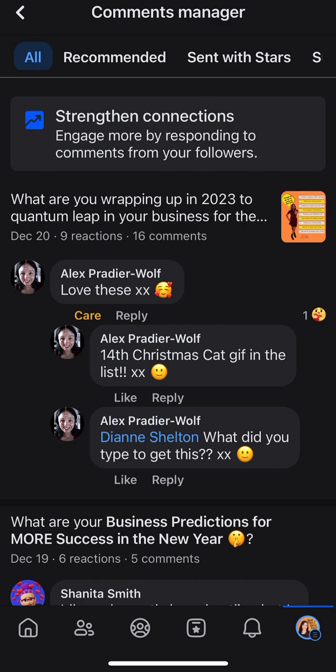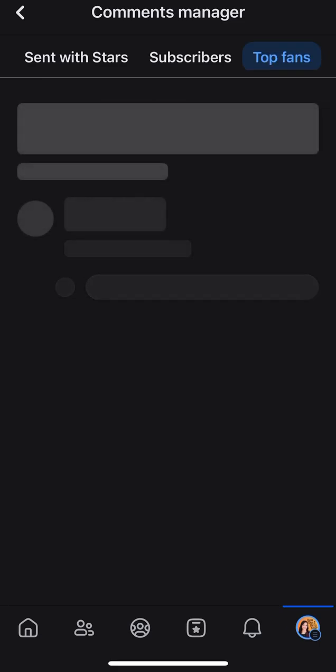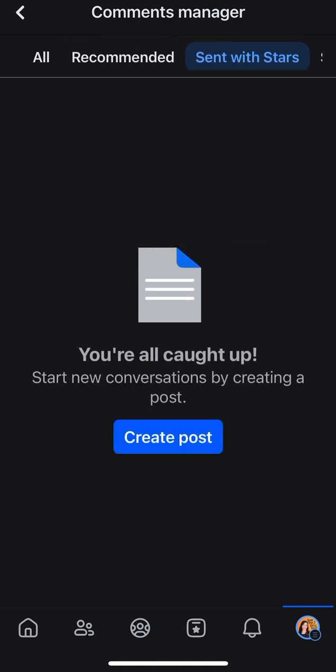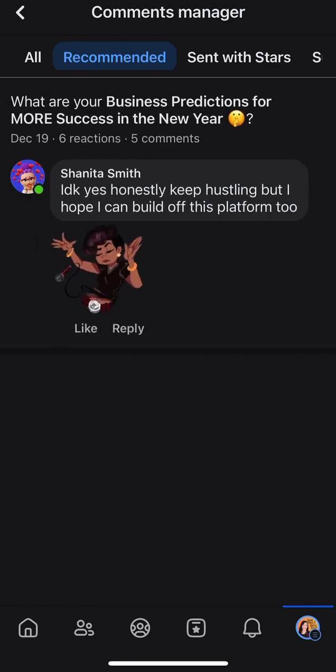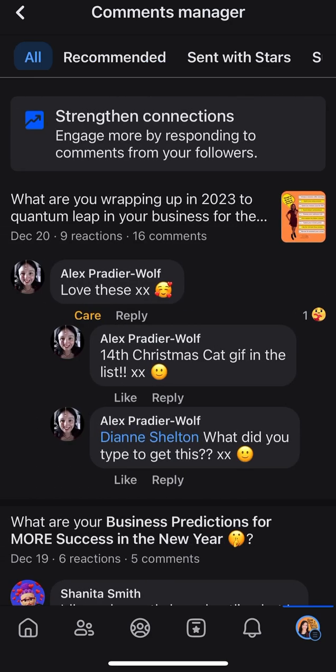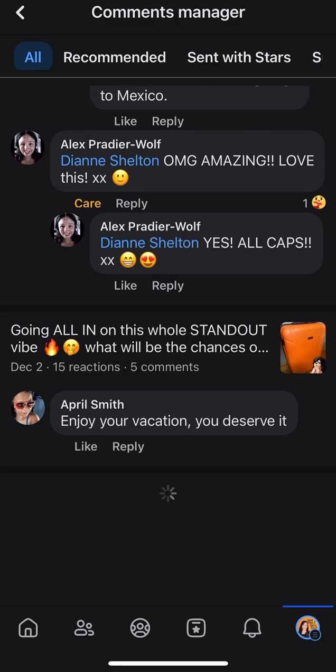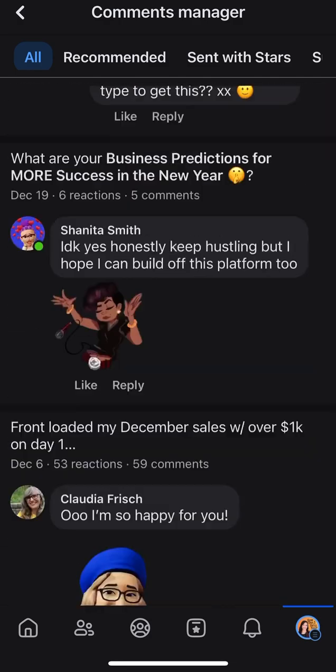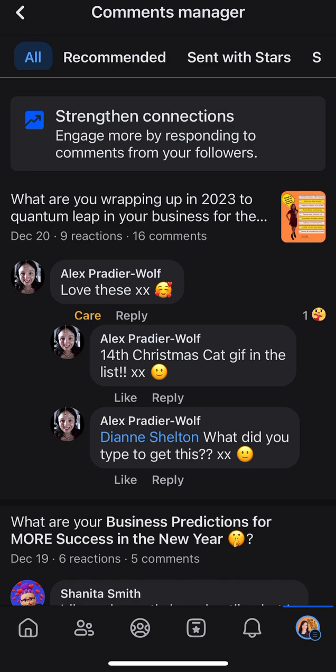In your comments manager, you can scroll through the different types at the top. If you have your top fans, you can make sure you're responding to the people you engage with most. There are subscribers, people that are sending you stars, recommended people based on the algorithm, or if you want to see everyone that you haven't responded to, which I have a lot of, you can definitely do that. This is me being imperfect. I know there are some that I miss along the way, because I need to be better at taking a look at this. And notifications,